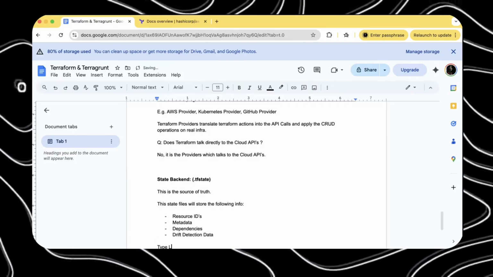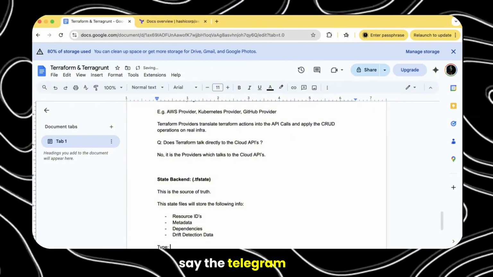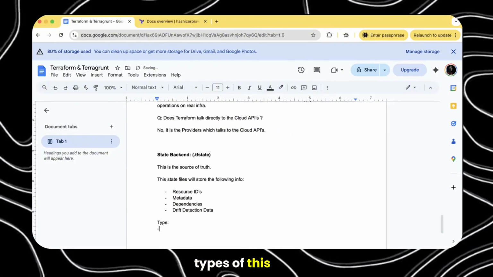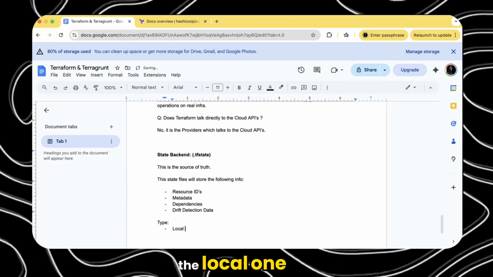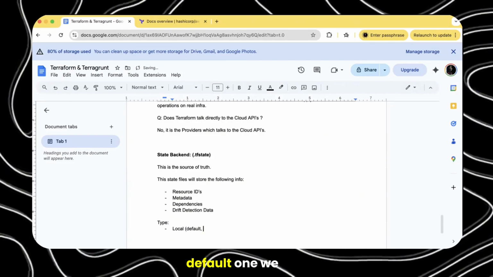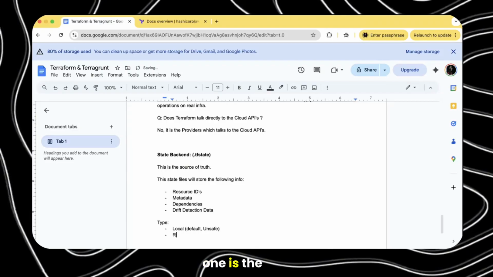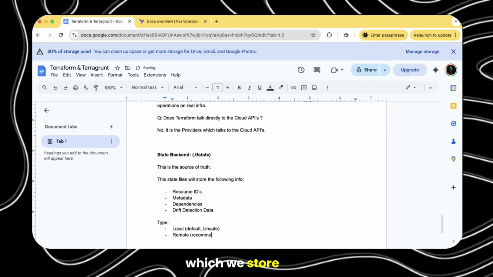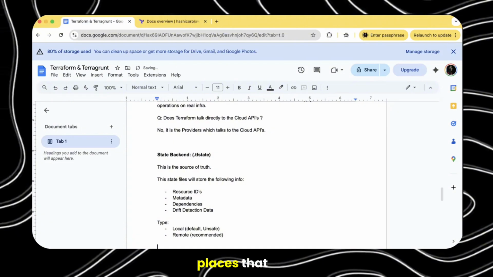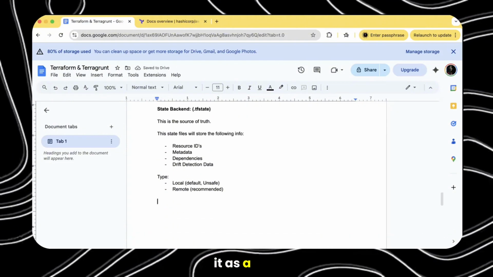when we say the Terraform state file, there are two types of this. The first is the local one, which is the default one we create, and that is unsafe. And the second one is the remote, recommended, which we store in S3 and other places; we call it remote, right?